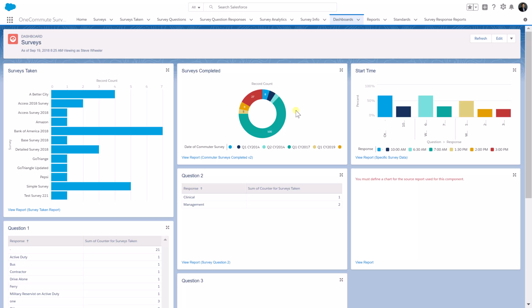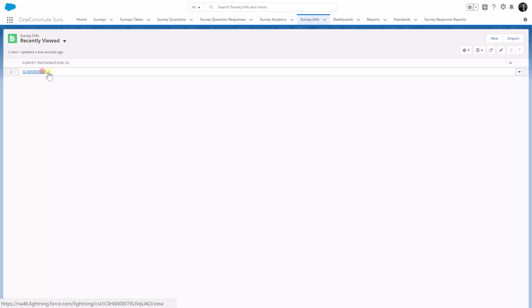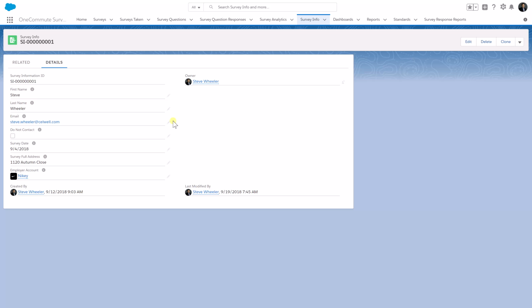So everything's kept in one place, and the cool thing about this, and the good idea about this, is we can then start comparing year to year in our survey information and creating reports from year to year of changes that are happening in here. The next thing that we can turn on as well is creating a survey information database. So what that means is every time we're answering a survey, we're collecting survey info. Certainly we get all the question responses, but we're creating survey info that is really starting to feed into all of the